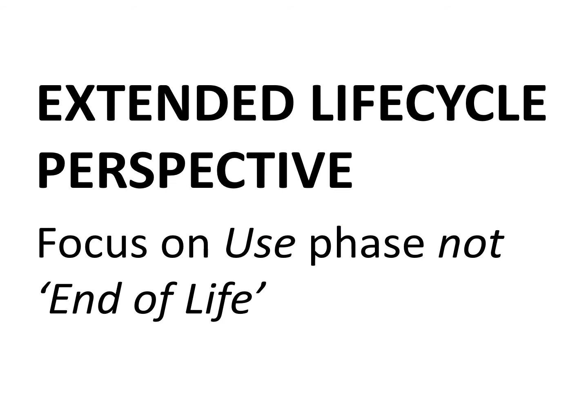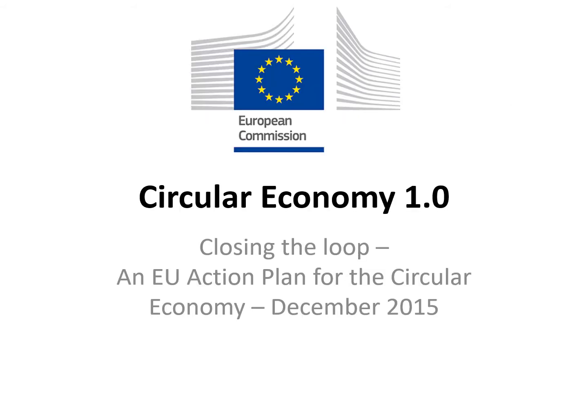So it's really about an extended life cycle perspective, and much more of a focus on the use phase, getting material back, revalorizing it, if you like, and then getting it back out into a second or nth life. What we've seen